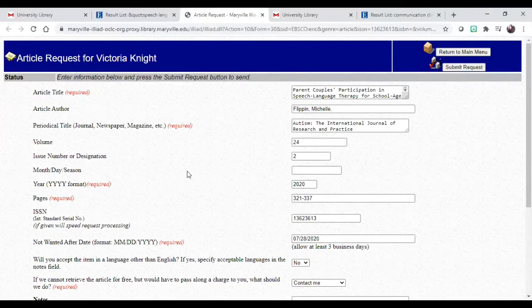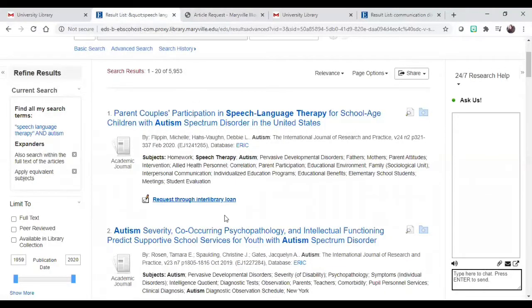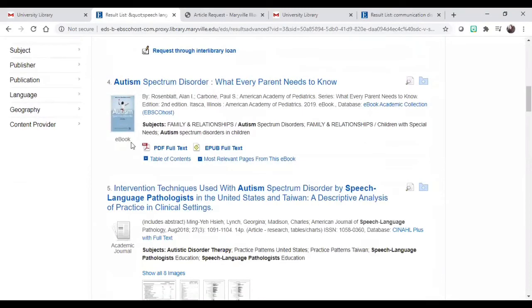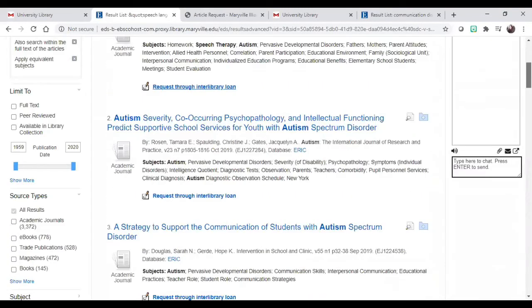So it's always best to start your research early enough so that you can get all your articles through interlibrary loan if you need to. So I'm going to go back to our results here. If we scroll down here, we can see that we are getting a mixture of ebooks in here, but we know we need academic peer-reviewed articles.